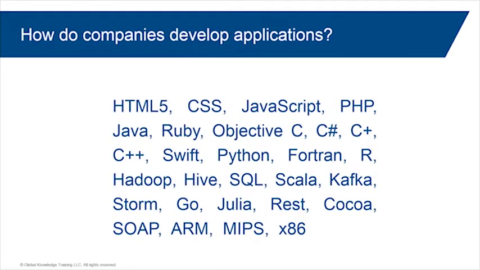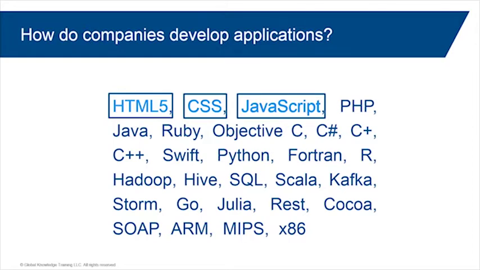Now, lots of applications, of course, but how do we actually develop those applications? And really it boils down to understanding and using a wide variety of different programming languages. Now, not every language is ideal for every possible task. And so we usually have collections of languages that are useful for one type of application versus another. For example, HTML, CSS, and JavaScript are ideal if you're trying to create applications that involve web browsers.